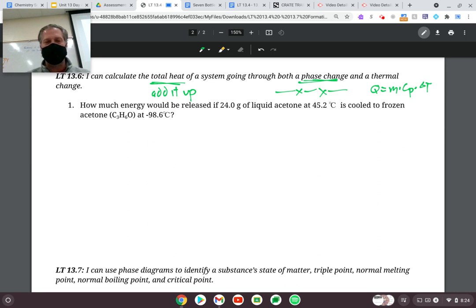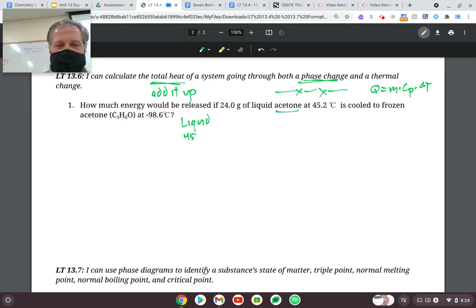Okay. Now, in this problem, you've been given a lot of really important information. First of all, you just quick scan. I see I'm working with acetone again, so that's going to be important when we go back to our table. And it says how much energy would be released, so that's kind of important also. That means energy is being given off, so we're probably going to have negative values. And then we have a mass, and then we have an initial temperature, and it's cooled to being frozen. So that tells me that what's really happening here is I'm starting as a liquid